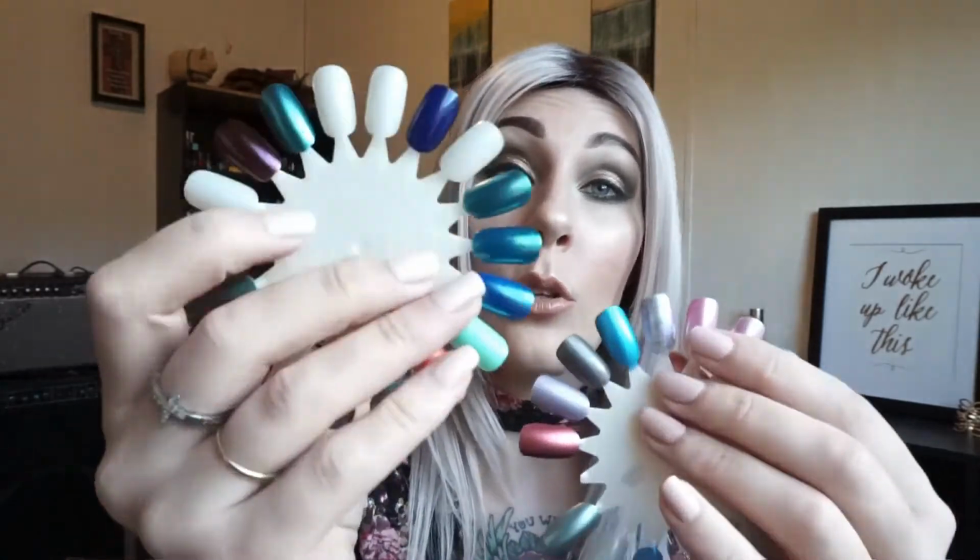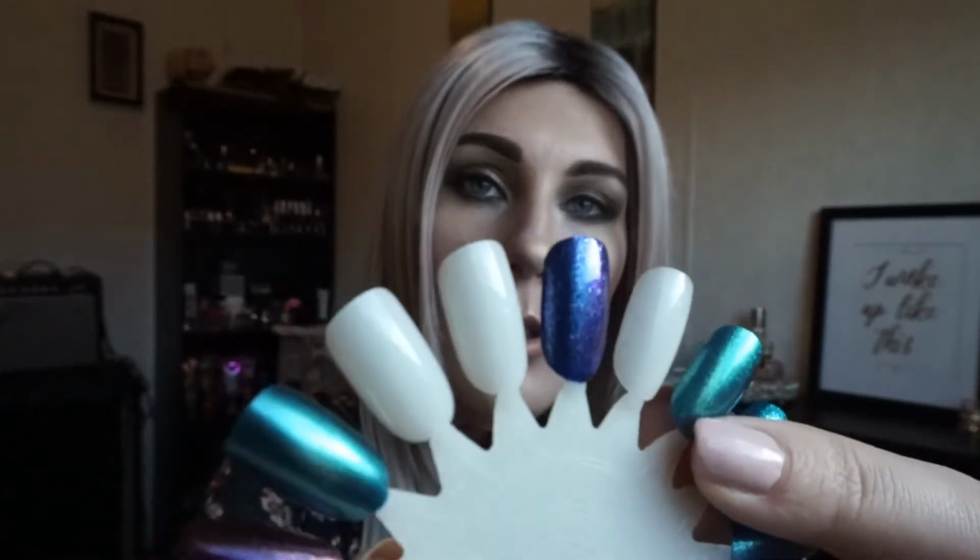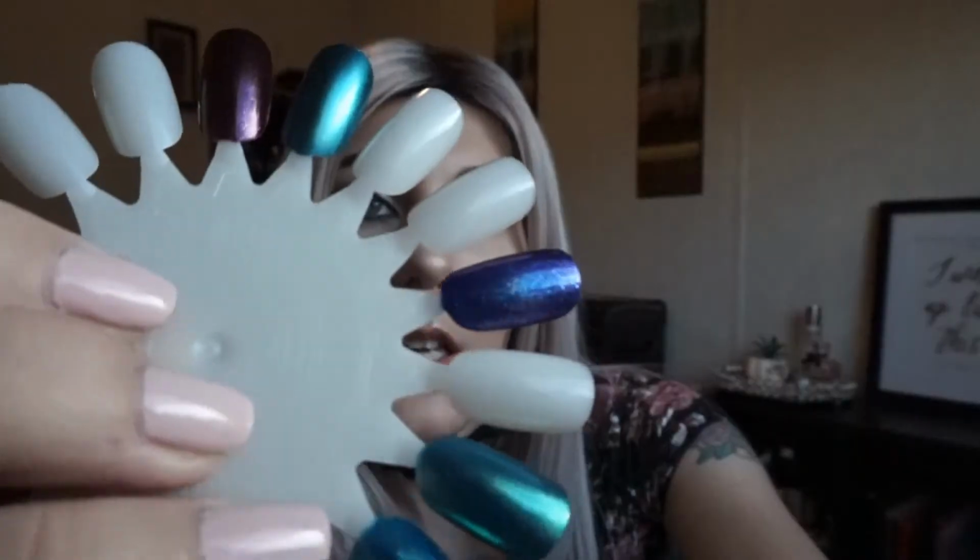So what I did was I paired that blue with this one on top of it. And what I'm gonna do live right now is show you what it looks like over top. And you guys, if you are into that galaxy looking nail where you have that black inky background with just that sheer shimmery ultraviolet throughout, this is your combination. When I wore this, it gave this duochrome effect from the purple to the blue. Can you see? It has the most